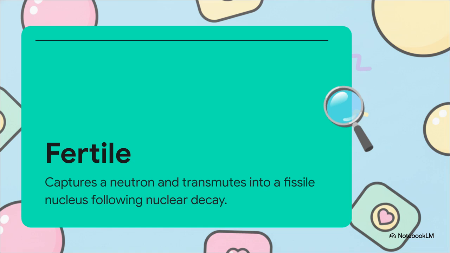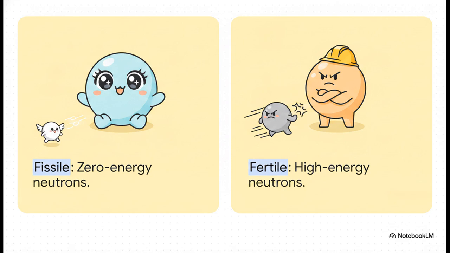Now, it's worth noting that uranium-238 happens to be both fertile and fissionable, but it is absolutely not fissile. To put it simply, our fissile U-235 needs virtually zero kinetic energy to split. It's just primed and ready to go. But our fertile U-238, which by the way makes up over 99% of naturally mined uranium, is way harder to break. For it to fission, it clearly needs an extra push from a high-energy neutron.